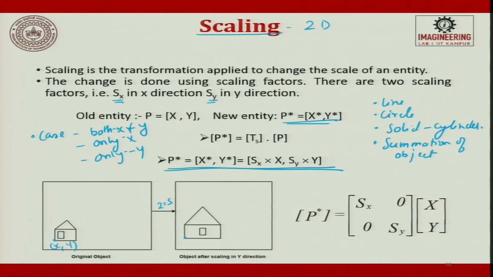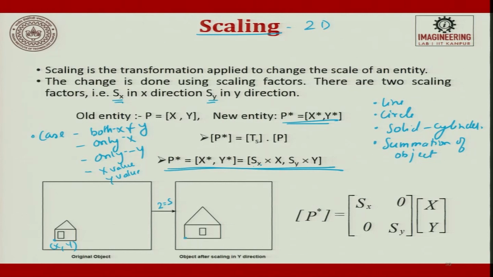So, p star is nothing but x star comma y star, which is nothing but scaling of x multiplication, scaling of y multiplication. When I said only x, only y, both x and y, you can also have one more case, x giving a value and y giving a different value, that is also possible. Are you clear? First both the same value, and the last one what I am talking about, x gives 10 times, y gives 2 times, possible. If your requirement is there, you can do that also.